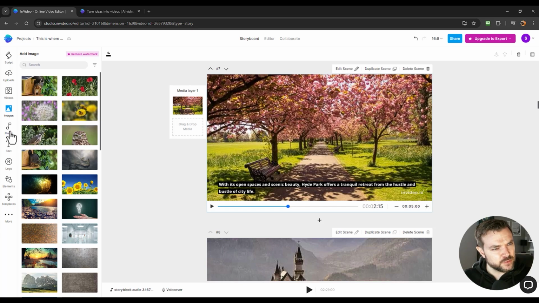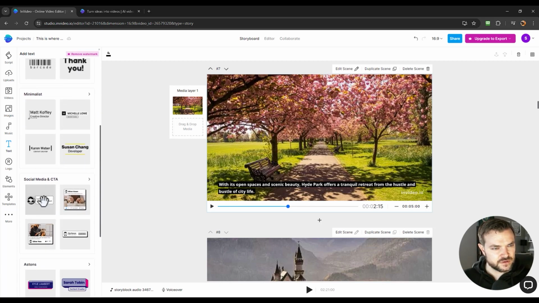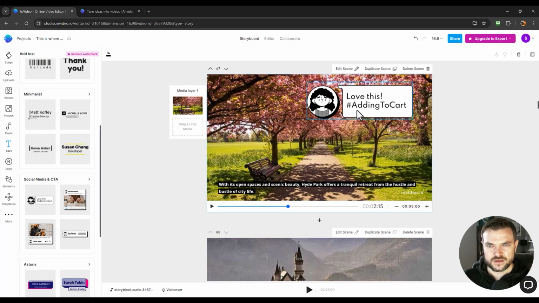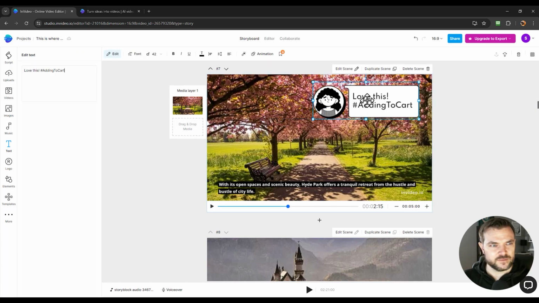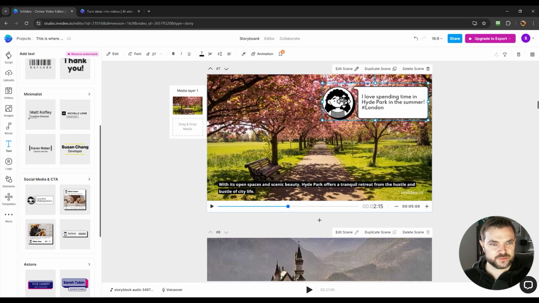Maybe we will change, let's add some text. So if I wanted to add the text about Hyde Park, here's some different typography that I could use. We can pretend like it's somebody posting on social media. And then we'll just double click it, edit the text over here. So here we've changed it to say, I love spending time in Hyde Park in the summer, #London. And it's as easy as that to add a different graphical element. We can move it around on this individual scene in the storyboard, and we can move on to the next